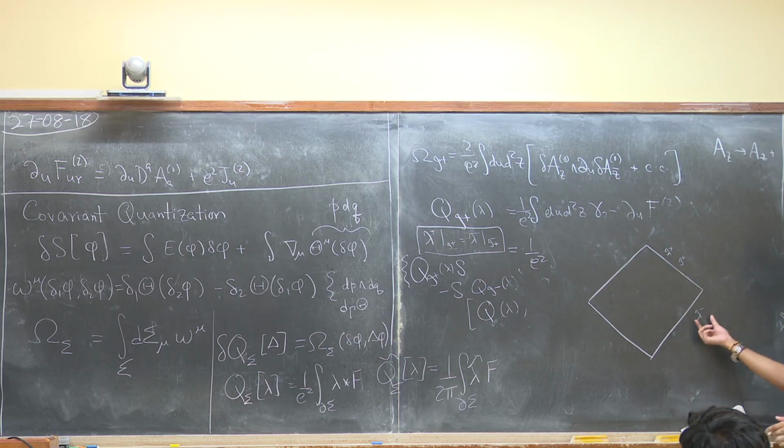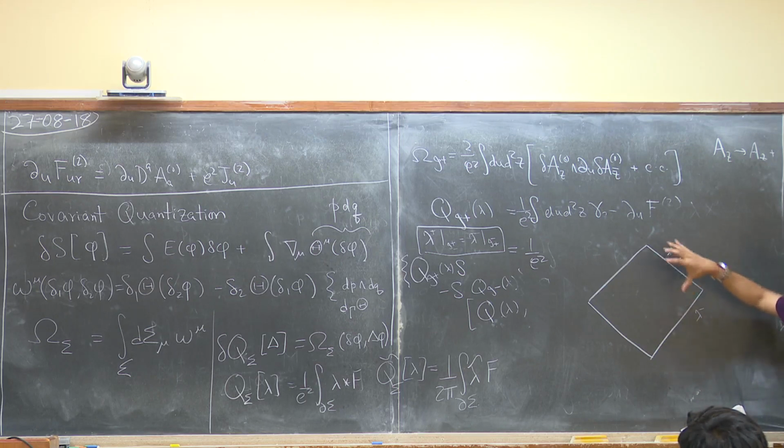But of course, the symmetry of the S matrix is not that there's an independent lambda minus and an independent lambda plus. I have to match them in some way, and that diagonal subgroup, whatever it is, which matches them, is the symmetry of the full S matrix. So the question is which diagonal matching do I need to do?